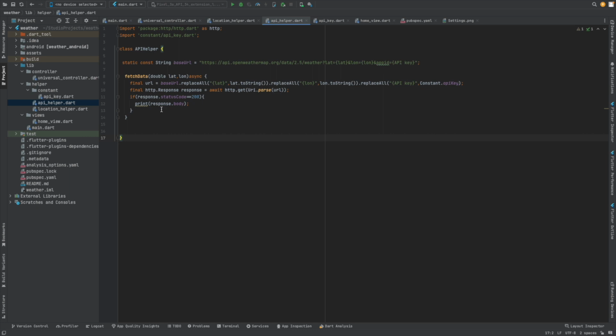So here what I have done is I have created a variable URL, and inside this I have taken this base URL here, and then I have replaced this lat with the latitude which we are getting into this function, and the same I have done with the longitude. And one more thing I have done is here I have created a constant class. Inside that I have done the same thing with this, and I have created an API key there. I'm fetching this API key into our API helper function, and there I'm replacing this API key keyword with